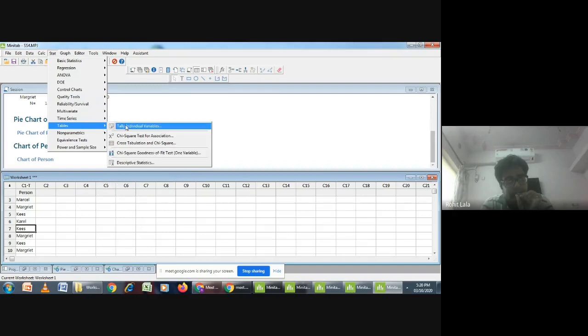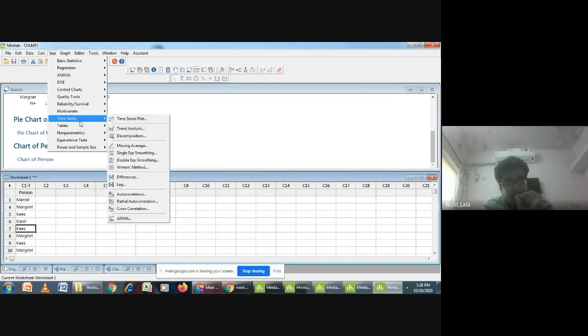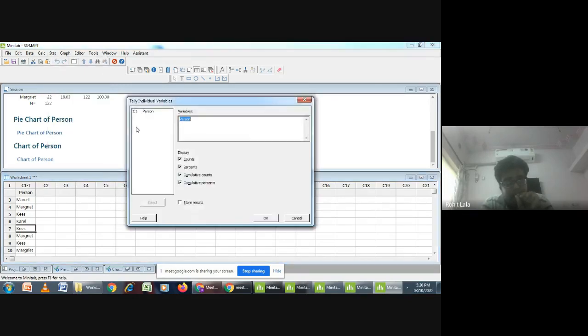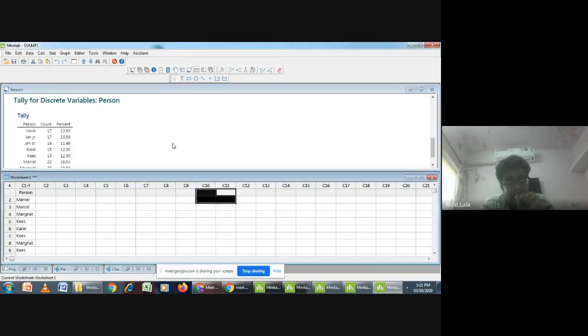Just go to Stat, and after that go to Tables and Tally Individual Variables. I enter the variable as I had worked on it, and on the basis of it you can find all these things. We would need two data points, that is counts and percentage, and I am clicking OK. See the basic thing.